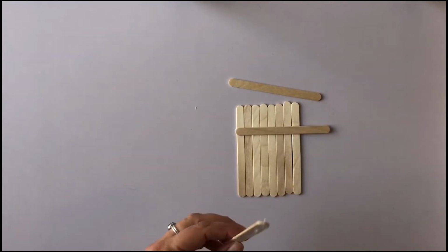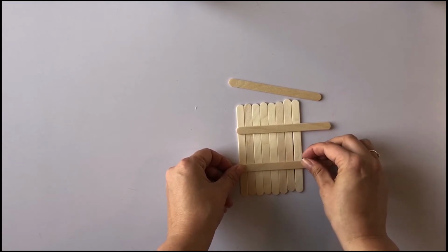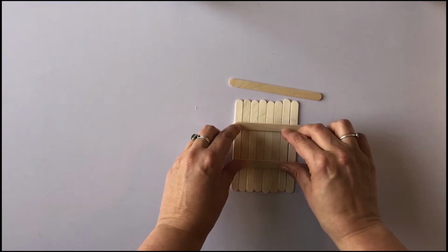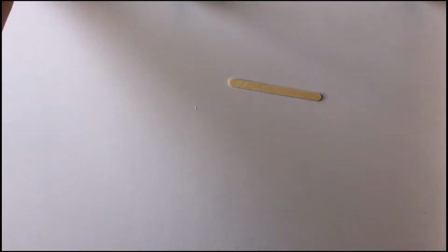And then you do the same with this other bit, just like so. Now we're letting it overhang a bit so we can adjust things as we go along. So there we go. This is the first bit. Move that to the side. Now our second bit